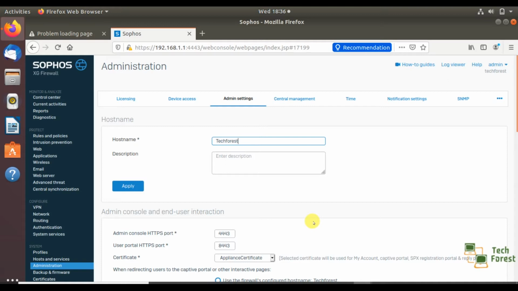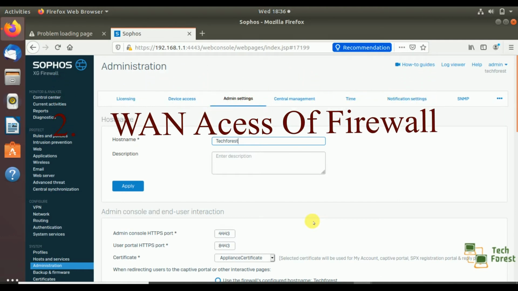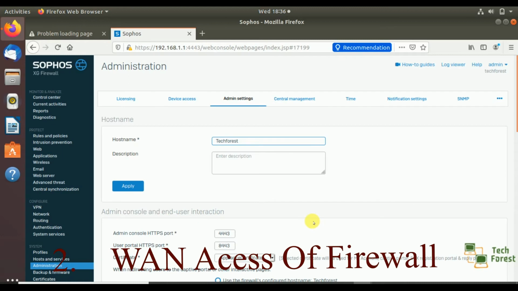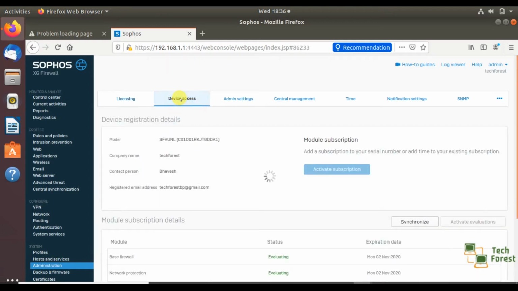So let's move to our second point, WAN access of the firewall. Accessing the firewall using a public IP is not a secure way. Let me show you how we can disable it. Click on administration, go to device access.